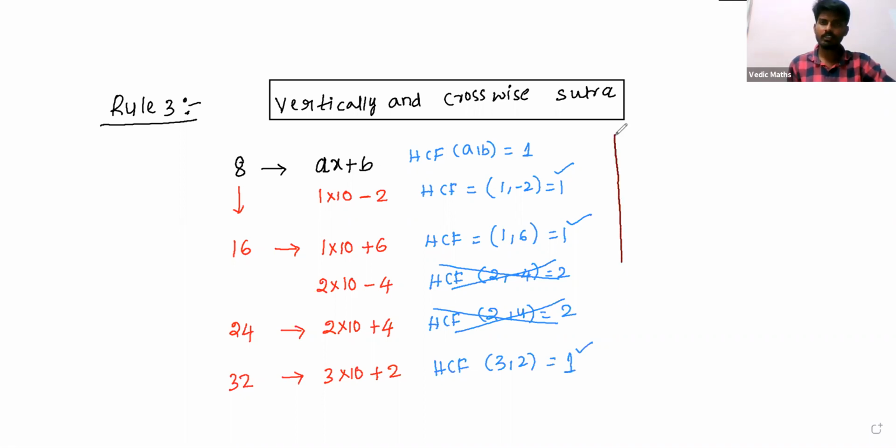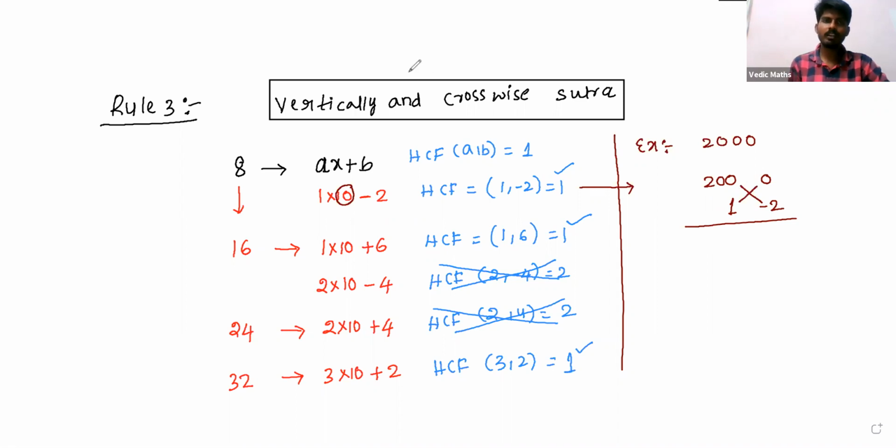Let me take one example. Check whether 2000 is divisible by 8 or not. In this case, I am using this technique now. You can observe we have 10 here, so only the unit place digit we have to consider. So 200 and 0, we are splitting into these two numbers. After that, I am writing A here, 2 here, and then I am multiplying this number into this number.